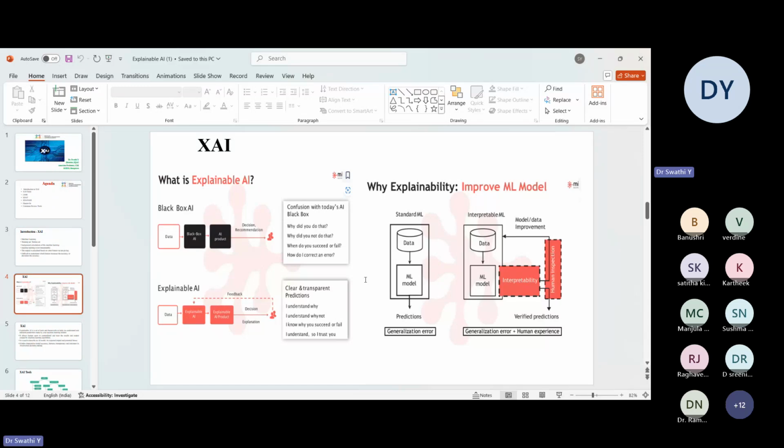This allows humans to see how the model arrived at the decision, and thereby we can refine the model. The advantage of explainable AI is that at every step we come to know what is happening inside the model and where exactly the model failed. So the interpretability is better with explainable AI compared to normal machine learning models.